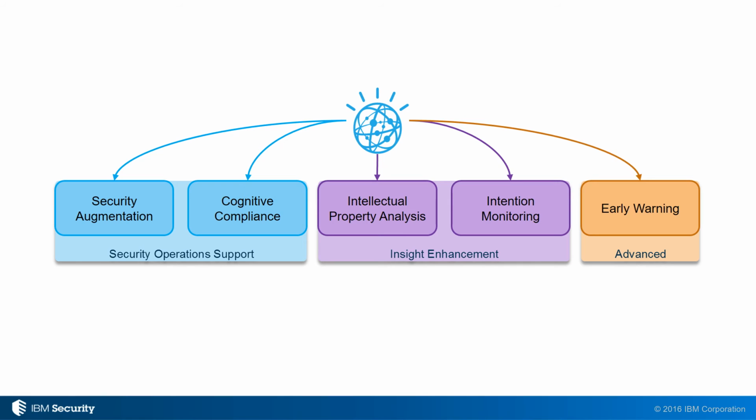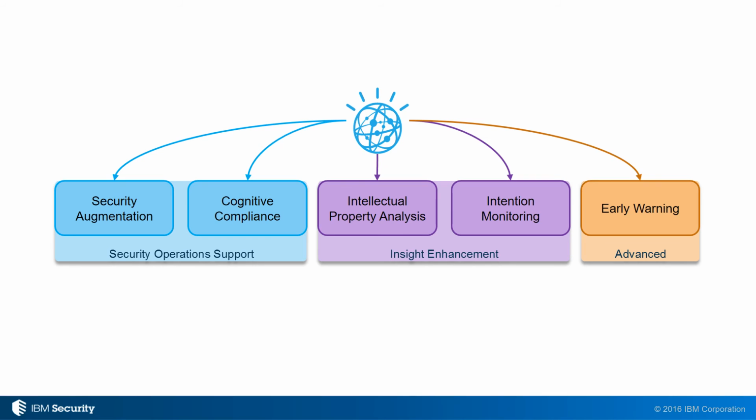compliance or framework to see how well you stand up, to more advanced things like understanding intention or motivation of an individual and looking at your own intellectual property, and even much more advanced capabilities like visual recognition, detecting a suspicious package or an individual that may be holding something that is suspect, or anything else in between. So these are just ideas of the types of things that cognitive systems can help either introduce or accelerate from